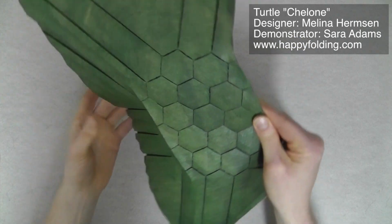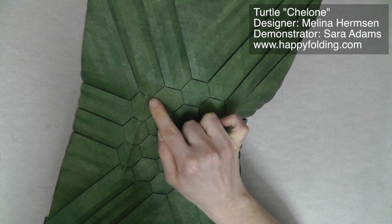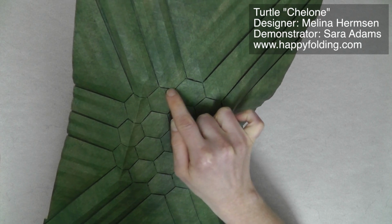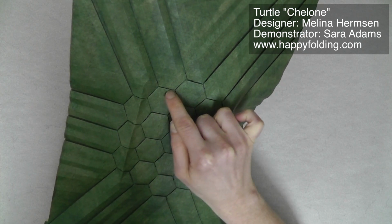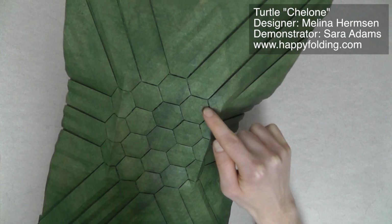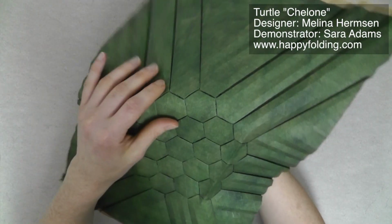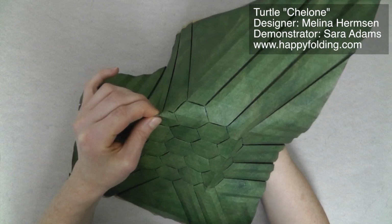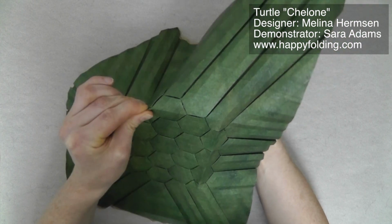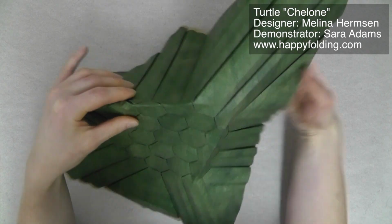And then here we're going to take the corners of this hexagon right here, and we're going to make a crease through those 2 points, and then extend it over there, and the same here, and there, and there. Okay? So start with the corners to get the crease started in the correct place, and then extend it,